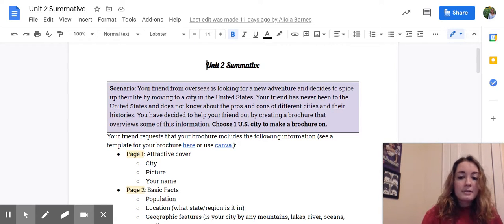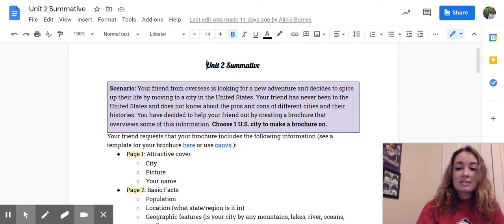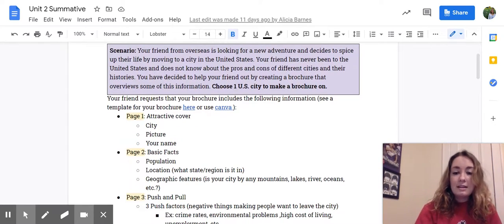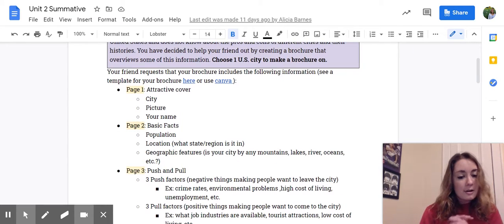You have a friend from overseas, and this friend is going to be from one of the two countries that you researched at the start of this unit when you looked at norms and culturegrams and stuff like that. So your friend from overseas, from one of your two countries you'll pick that you looked at, is looking for a new adventure and decides to spice up their life by moving to a city in the United States. Your friend has never been to the United States and does not know about the pros and cons of different cities and their histories. So you're going to help out your friend by making a trifold brochure that overviews some